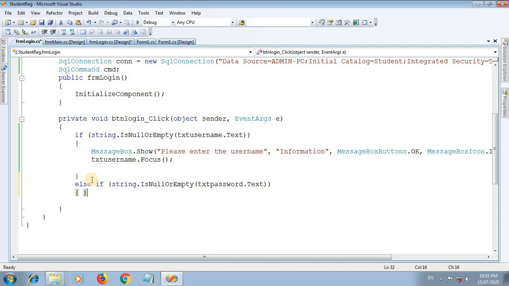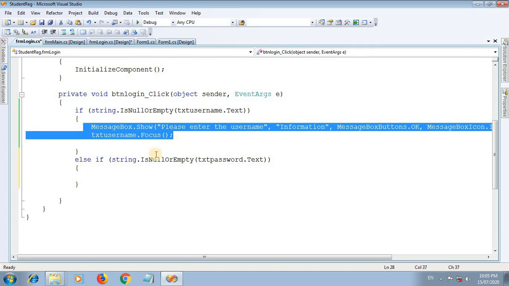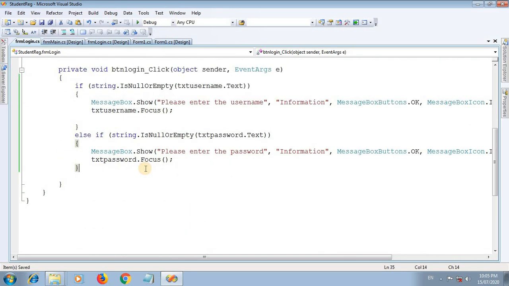In the text property you can provide the same, so I am copying and pasting it. Change here to txtPassword, and "Please enter password." So in this way you can check if your text box is filled or empty. If empty, then prompt the user with a message box.